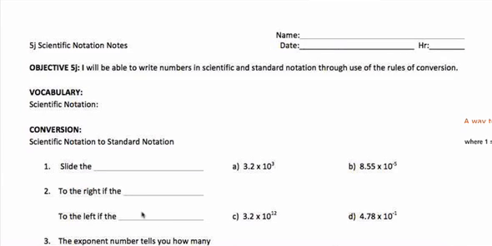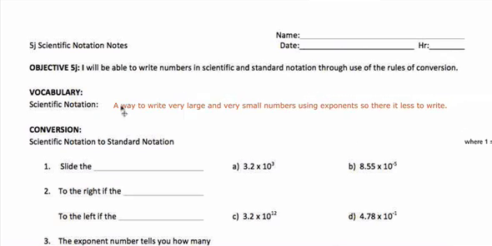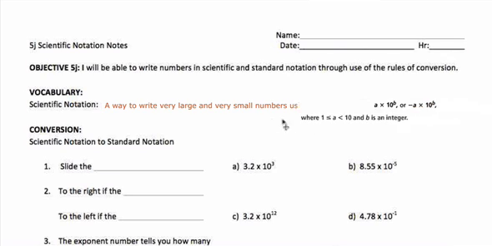Our objective is I will be able to write numbers in scientific and standard notation through the use of rules of conversion. So what is scientific notation? Well, scientific notation is just a way to write very large and very small numbers using exponents, so there is less to write. And the form that we want it in